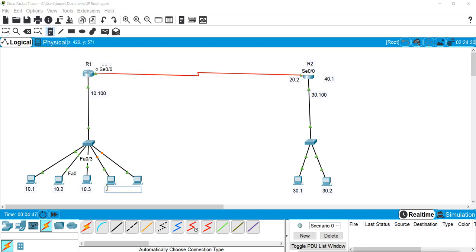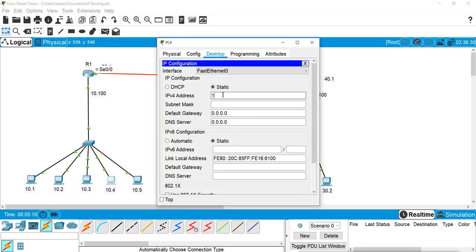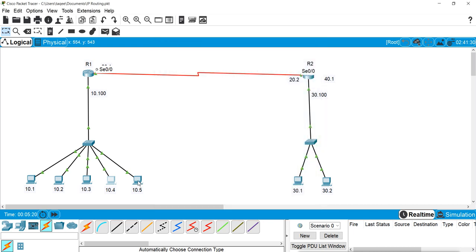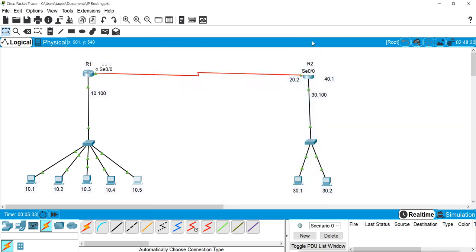I will give this machine the 10.4 IP and this machine 10.5. Now we have these machines.